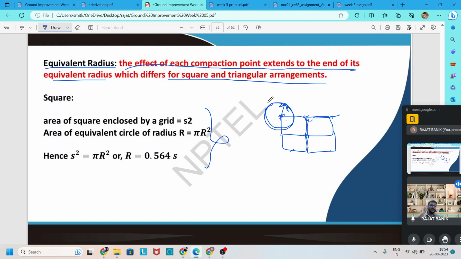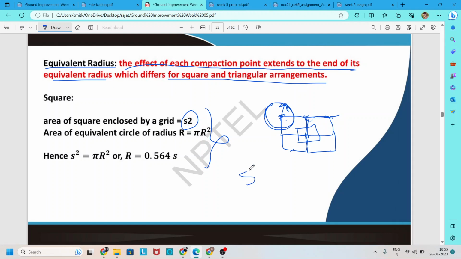This equivalent radius is found out based on the spacing in between the two compaction points. So we can see that for a square enclosed grid, the equivalent area is the square of the spacing, that is S square. If we replace this S square by one equivalent circle, that is pi R square, we can easily find out the equivalent radius R, which is nothing but 0.5